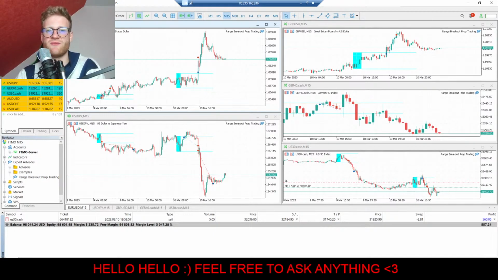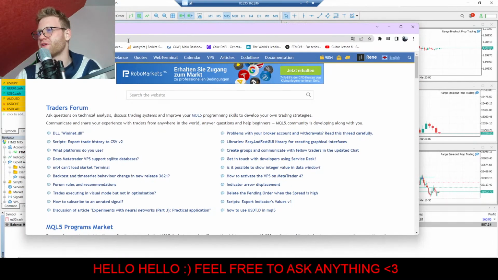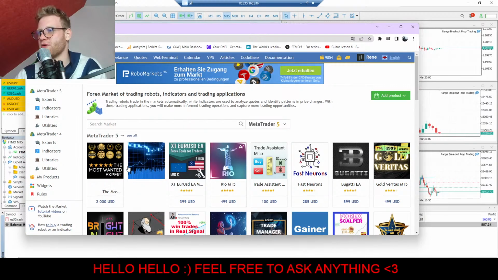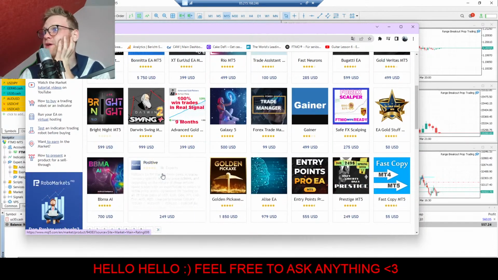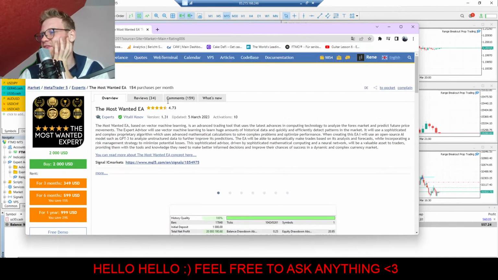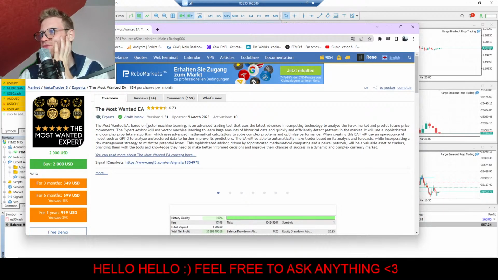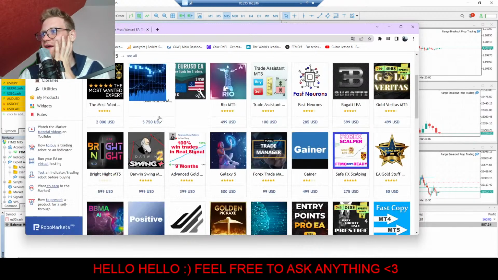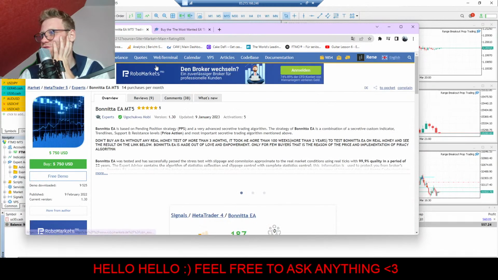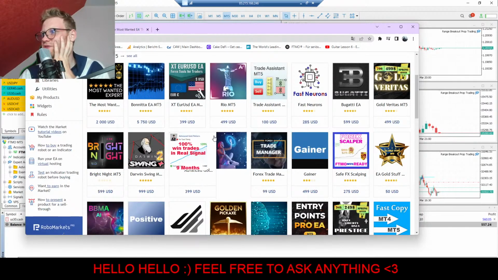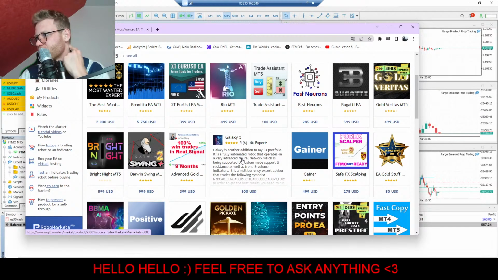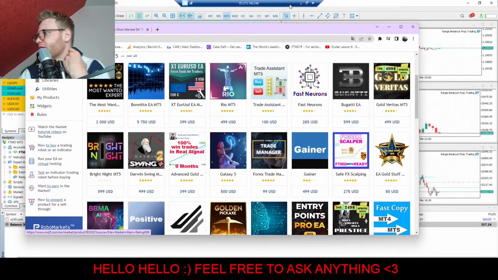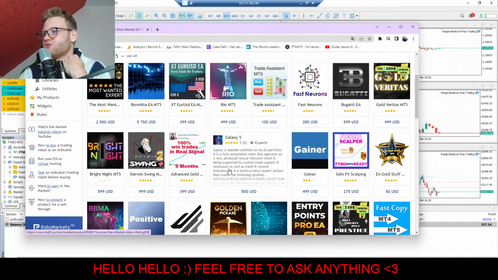lately, especially if you have a look at MQL5, for example, which is this big forum or the big market for EAs on the web. You will find a lot of EAs here that say that they use AI and stuff. For example, here machine learning. And I don't know if this is also using, no, he doesn't say uses AI, but here, automated robot, neural network. A lot of people say that they use neural networks and artificial intelligence, but you have to be